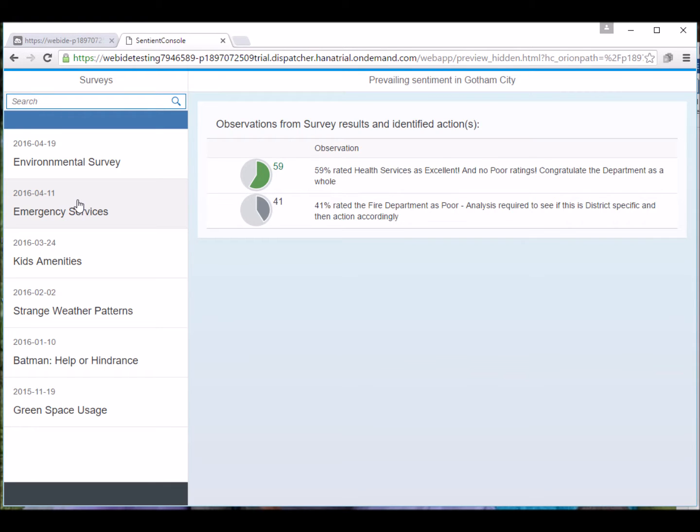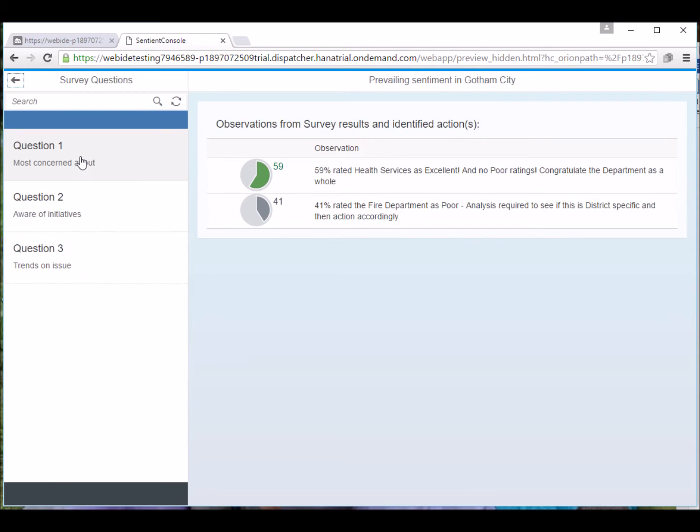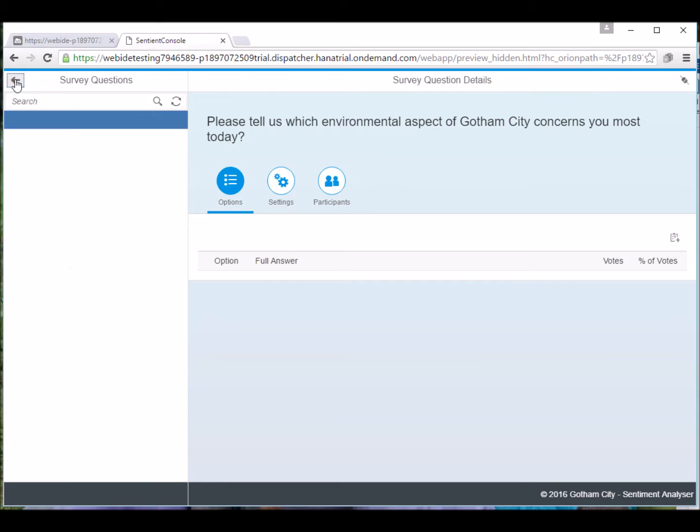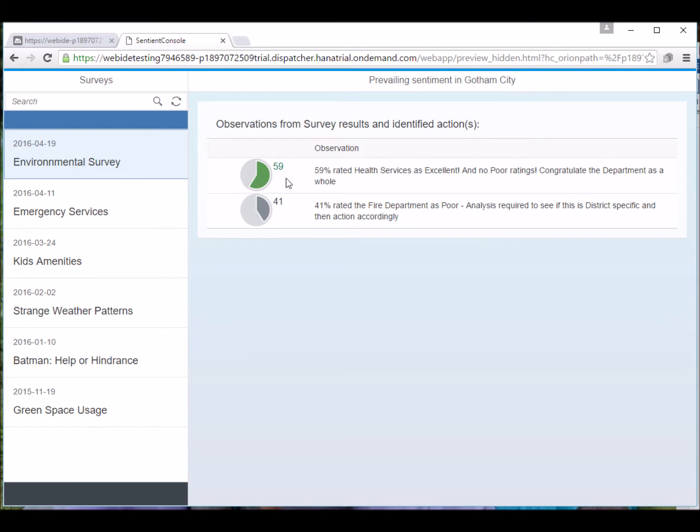These surveys help him to get a feel for, let's say, what his citizens are thinking and the businesses that his city has. Each survey is comprised of a number of questions, as you can see. In this case, 3 questions. He also has the ability to make notes, observations if you like, of the surveys, and then also just associate some actions with that. These 2 comments are associated with the emergency services survey, and so we're going to drill